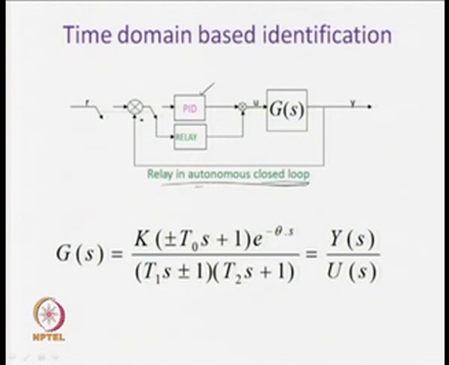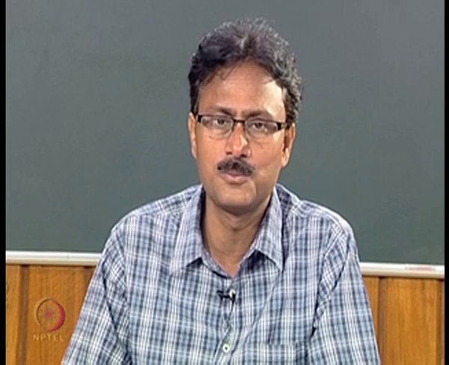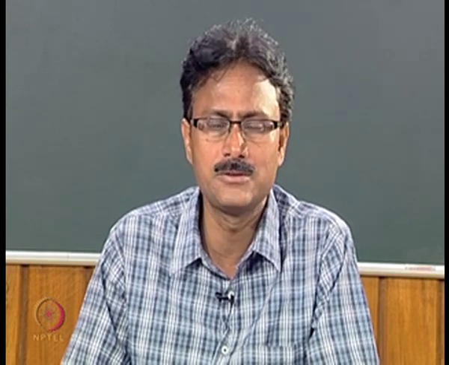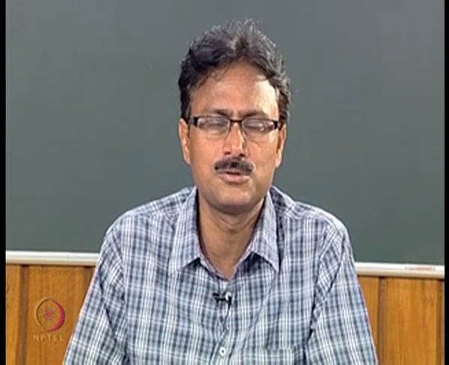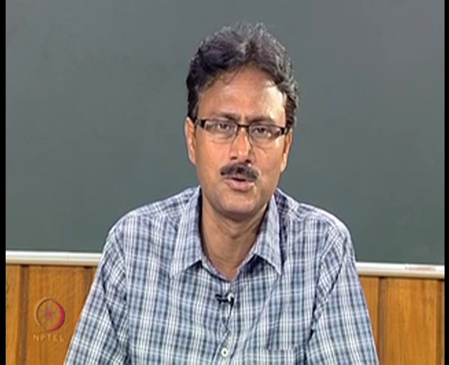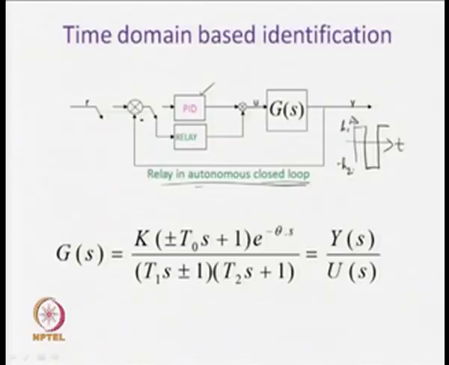Now, the relay in autonomous closed loop shall induce sustained oscillatory output. Unlike the earlier cases, here the relay will have different amplitudes. The relay characteristics can be shown by the plot given by T and H1 and minus H2. So, we will obtain a piecewise linear output signal from the relay, but the output signal will have different amplitudes. Why are we doing so? To obtain sustained oscillatory output with different peak amplitudes and different half periods. That will enable us to measure more than 2 parameters from the sustained oscillatory output. When we measure more than 2 parameters, the analysis will enable us to estimate more than 2 unknowns associated with